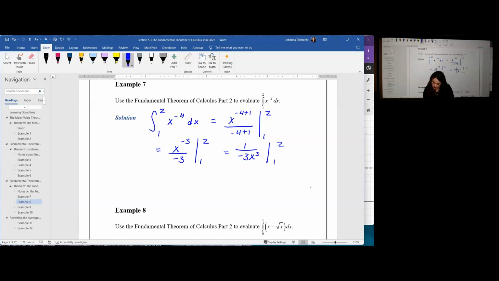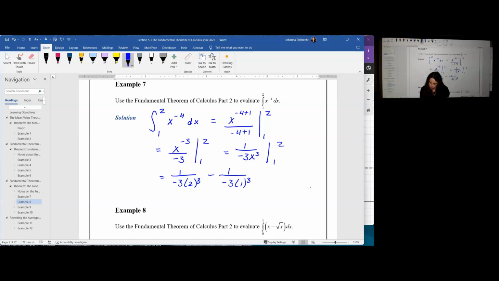At the upper limit of integration, this becomes 1 over negative 3 times 2 cubed, minus 1 over negative 3 times 1 cubed. Notice that the minus here is from the Fundamental Theorem of Calculus Part 2. It's the minus between the antiderivative at b and the antiderivative at a. This one was a part of the antiderivative function, which is 1 over negative 3 x cubed. Evaluating this gives me 8 times 3